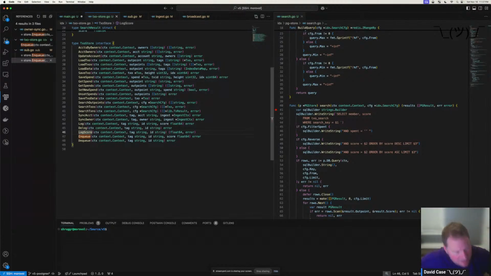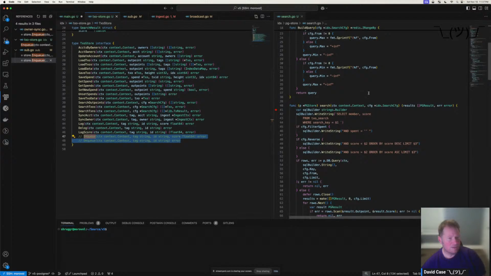Basically says, does this exist and what is its either timestamp or height and index? Log, D-log, score. Yeah. And then let's go to